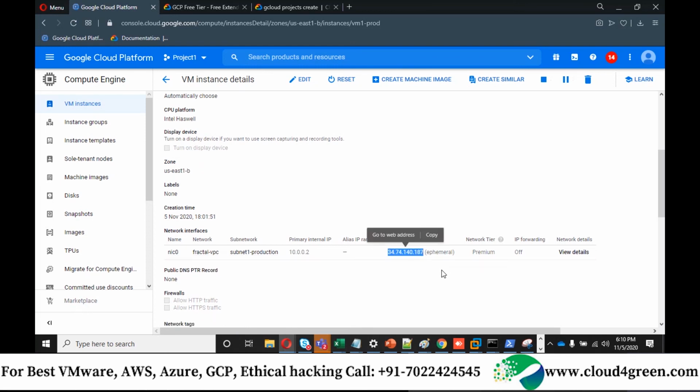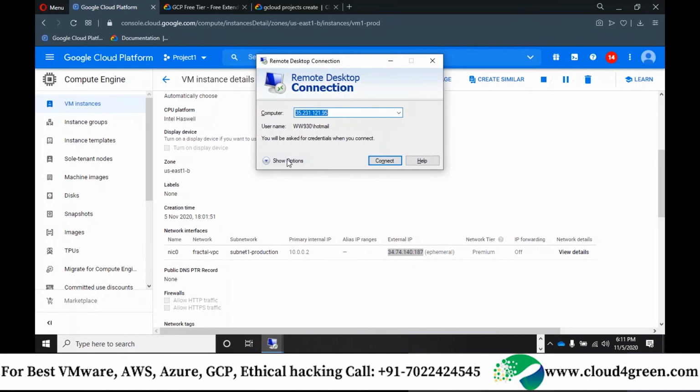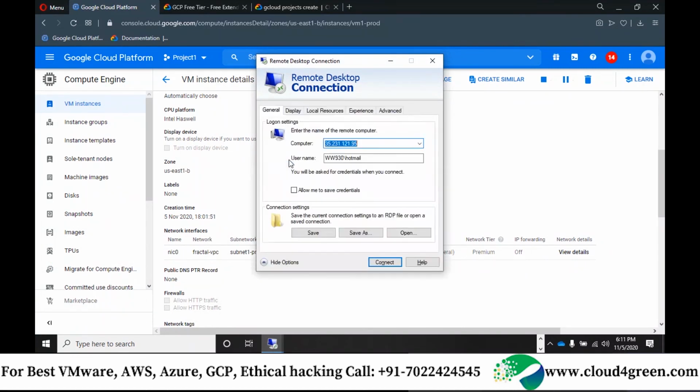This one. I used the ephemeral one, but I am not able to give the username when I click connect. It's selecting my username automatically. Hold on. I understand that this may be because of your previous connection. Okay, it remembers those connections when you launch. Here you have something called show options. Can you see this? Yes, sir. When you click on this, here you can change your username. Can you see this? Okay, sir.